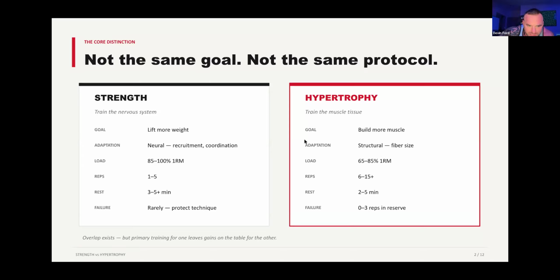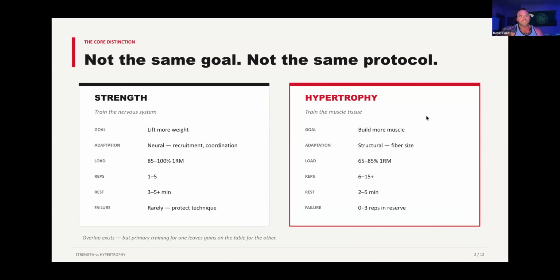And so basically the point of all this is that the loading and the reps that you're doing are massively different. Okay. The rest is actually the same. So the amount of rest that you need between each set is actually the same because neurologically you need it. And for hypertrophy, you need it. In order for that muscle to contract again forcefully after going to failure, you're going to need a lot.